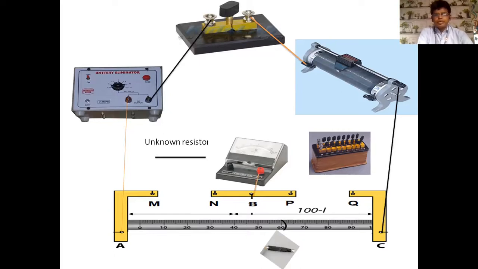Now from B of the meter bridge, start with the galvanometer plus, then galvanometer minus to the jockey key. Now the unknown resistance R we join between M and N, and the known R box we join between P and Q. So this is an animation of the circuit. It is very easy and helpful at exam time. Before the exam, if you see these animation figures, you will definitely join the circuit very easily.